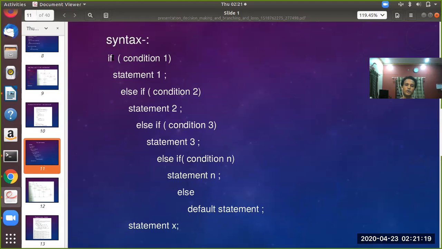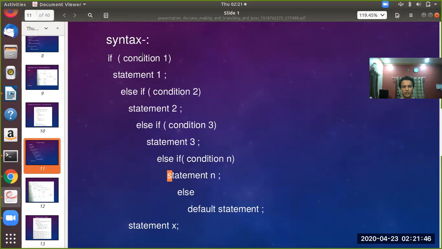If condition 2 also does not become true, then go to condition 3 and check whether it is true or not. If it is true, execute statement 3. If that is also wrong, check the next condition. Finally, if one of the conditions becomes true, that particular statement will be executed.